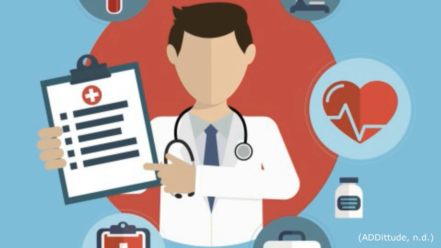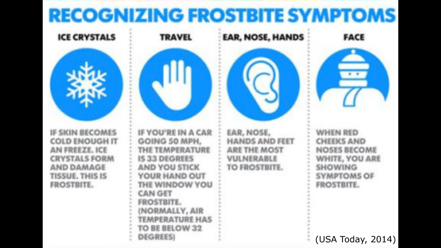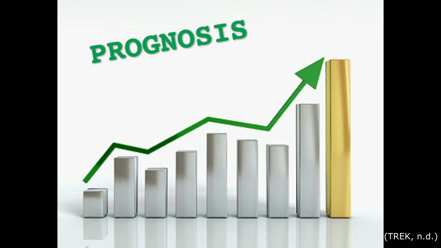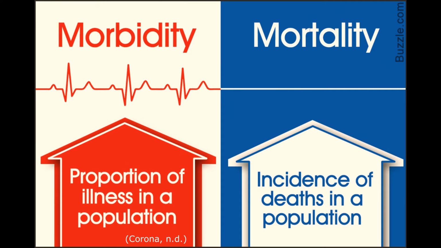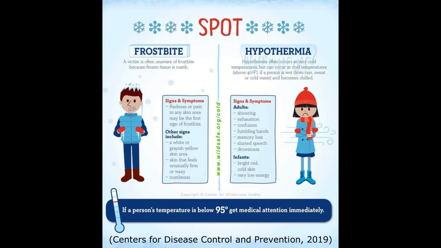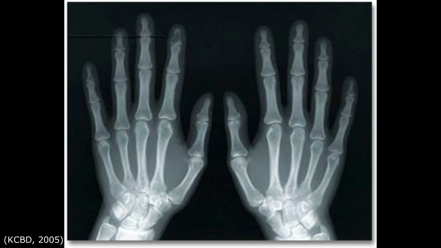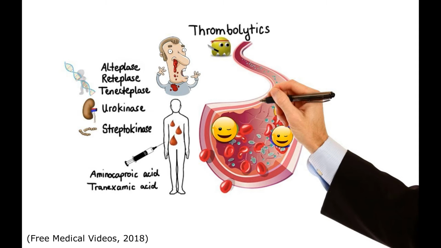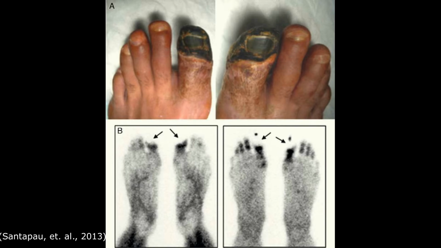Diagnosis is generally made on clinical findings, such as injury, signs and symptoms, and history. Bone scanning might be helpful to understand the extent of frostbite and its prognosis. Frostbite is a morbidity, not a mortality, so more immediate life threats like hypothermia should be addressed first. Plain radiographs are not useful initially, except for trauma-related fractures. They can be used to identify bony destruction weeks to months after the injury. Angiography may be used to identify patients that are suitable for thrombolytic therapy, as it visualizes the microcirculation after the injury. Bone scan is used to identify candidates for thrombolytic therapy, predict long-term viability of affected tissue in the case